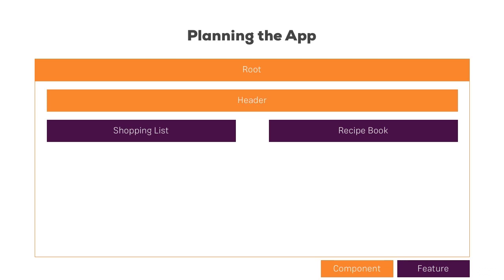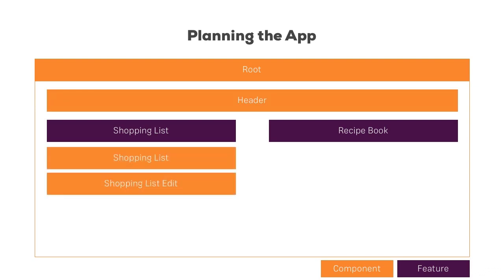Now let's dive into the individual features. Let's start with the shopping list. Here I guess it makes sense to have the overall shopping list component. Remember, the purple box is only the feature, so we need a component holding our shopping list. And maybe in this shopping list component, we also want to have a shopping list edit part, which allows us to add new items, so an input field and a button,